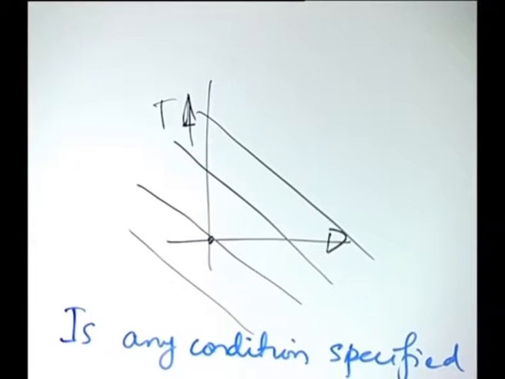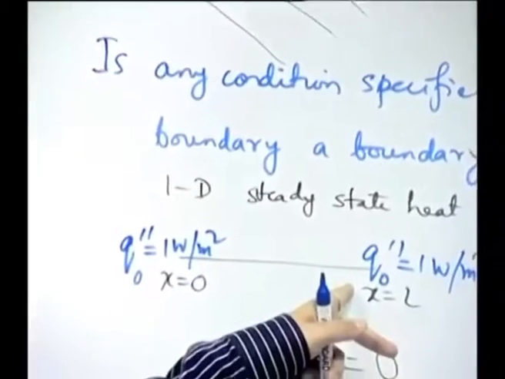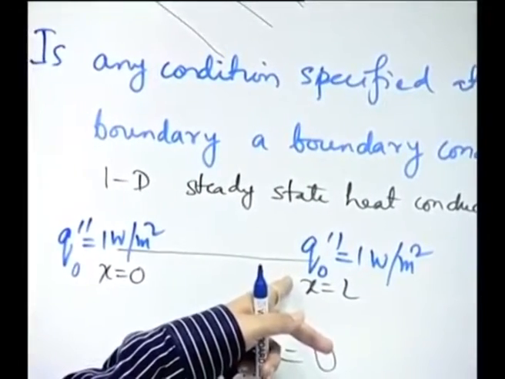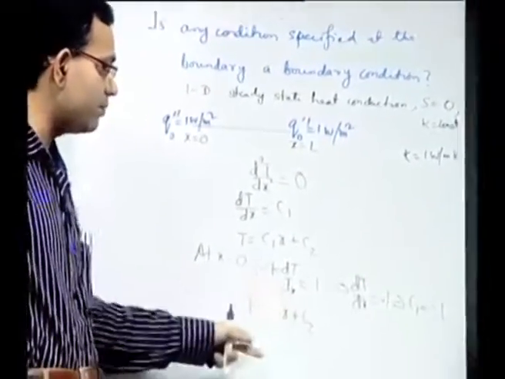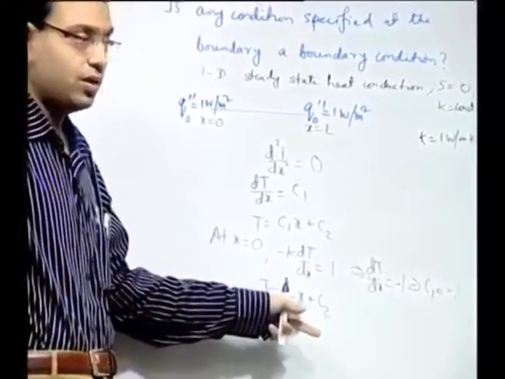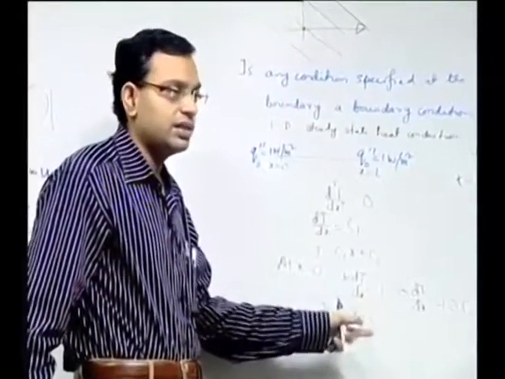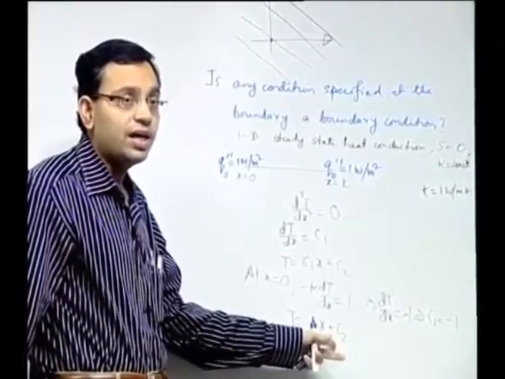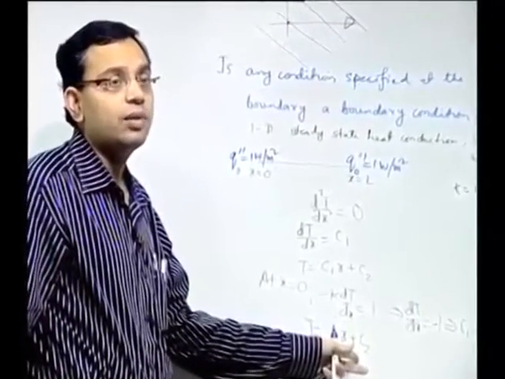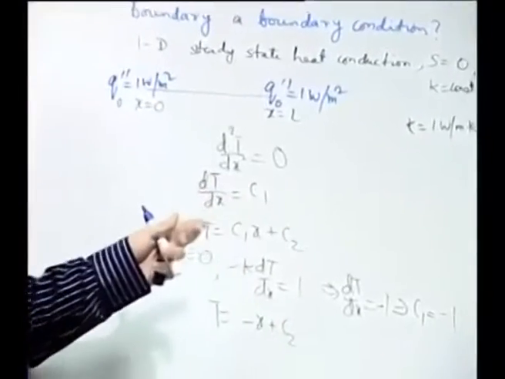Question is, when all these could be possible solutions, which one do you accept as the solution, because for a physical problem you expect a unique solution. These boundary conditions are not able to answer that question, because they are simply telling that you get a family of solutions with an undetermined constant. This undetermined constant may be determined provided you are given the value of temperature at one of the boundaries.